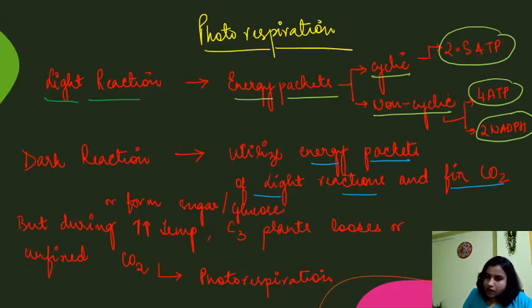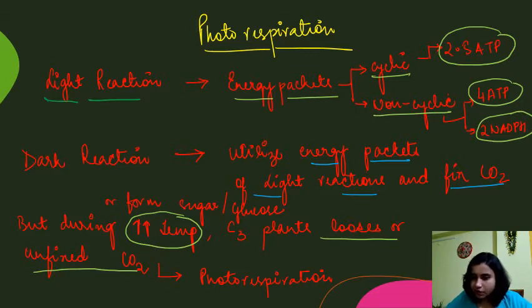glucose. But certain C3 plants, when exposed to very high temperature, start losing or unfixing carbon dioxide. This process of unfixing or losing carbon dioxide is known as photorespiration. From this slide, we got an idea that the green plants need energy to